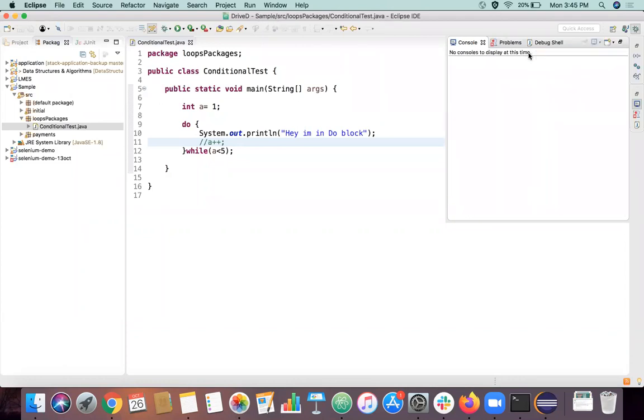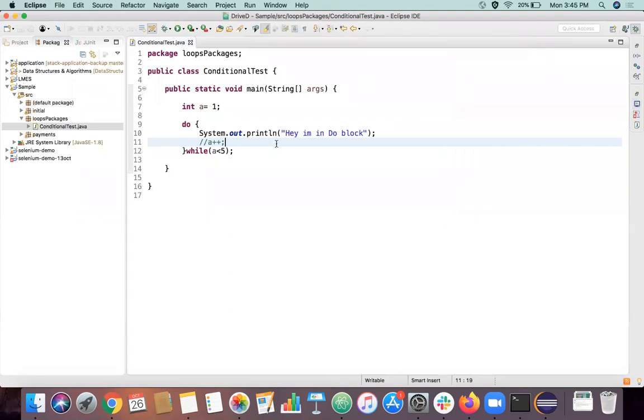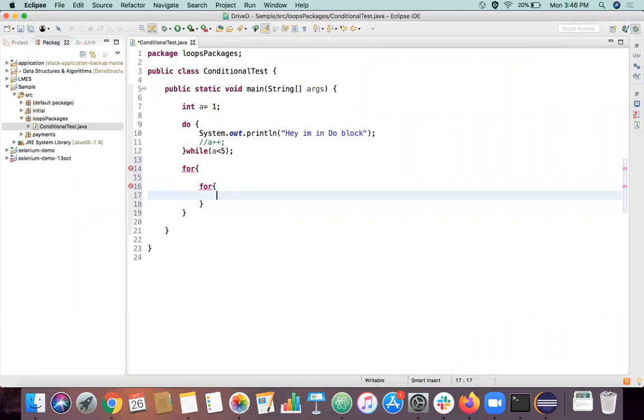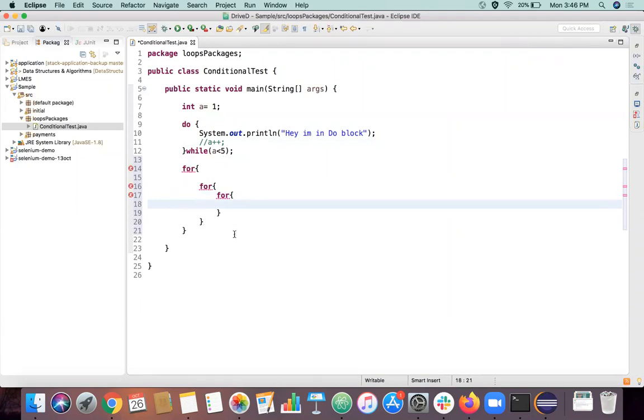We can use for loop inside of for loop. So in most of your programs, just using a for loop inside a for loop, just one inside of one, is kind of okay. But what if I'm having one for loop here? For example, I'm having one for here, I'm having one for here. Generally this is not advisable, because only in very rare scenarios do we use multiple nested fors,